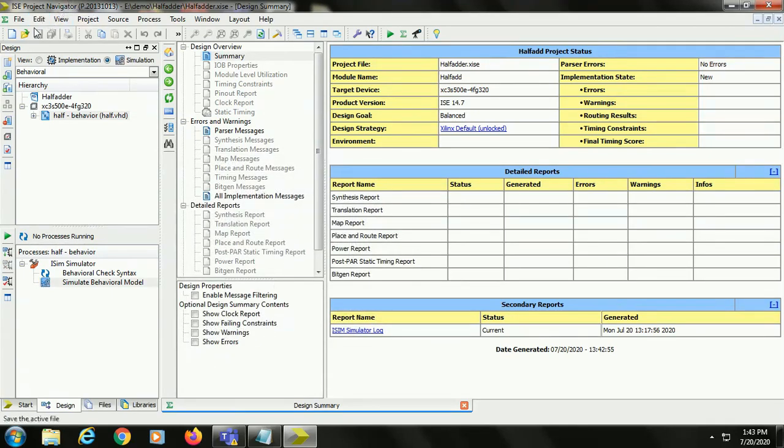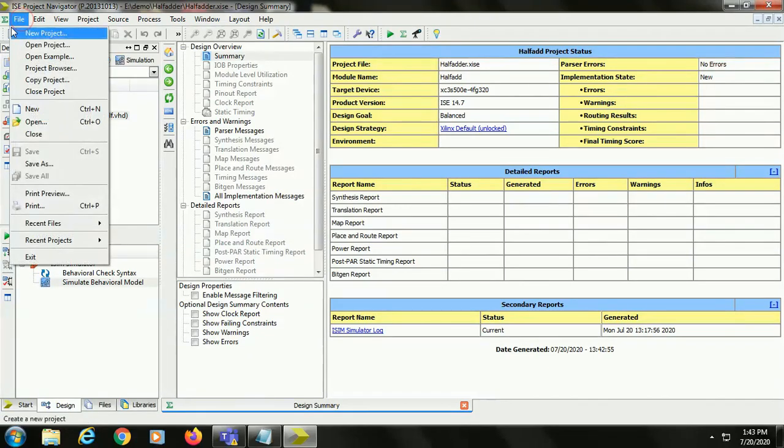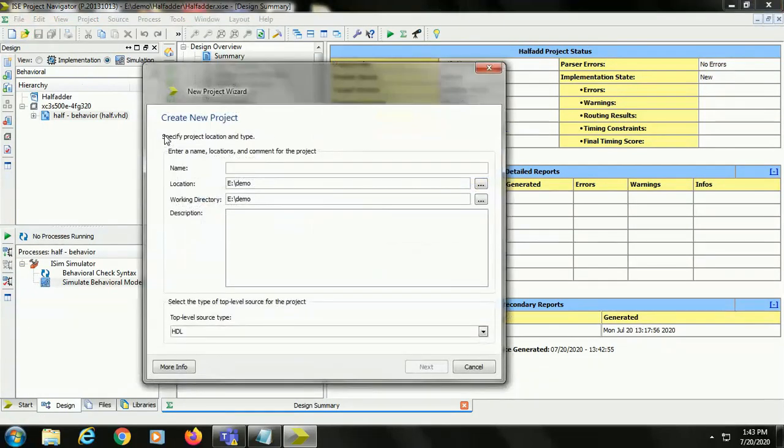Now the first step is you have to create the project. So click on file, create new project. Give the project name as half adder. It is saving in this location. You can change this location if you want, and the top level source type is HDL.